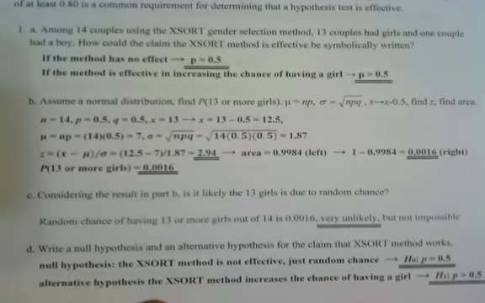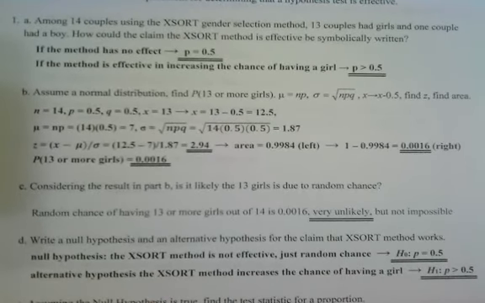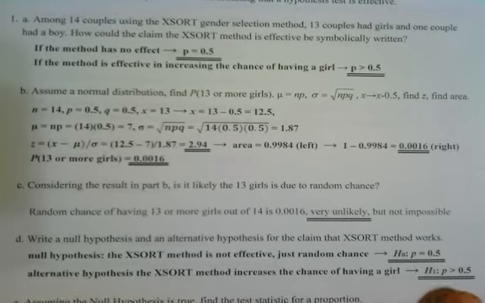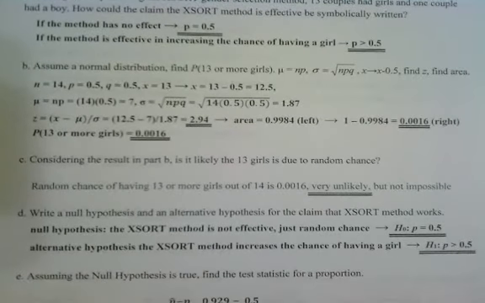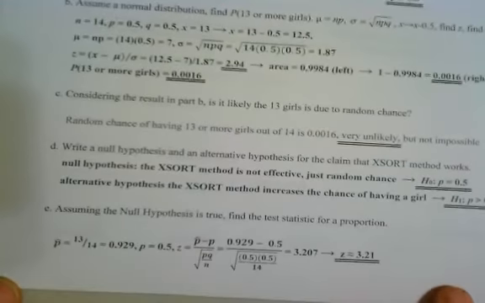On the other hand, the alternative hypothesis: the claim is that the XOR method actually increases the chance of having a girl, and so instead of being 50-50, it's better than 50-50. It's greater than 0.5. All right, now, assuming that the null hypothesis is true, find the test statistic for the proportion. Okay, so first off,